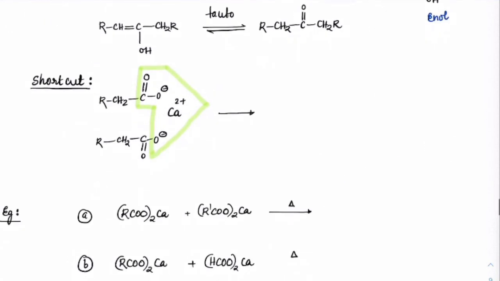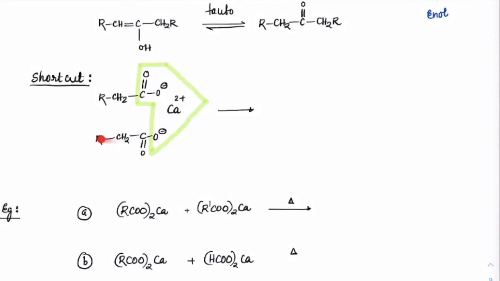The short way of remembering is this: first write the calcium salt, from one end take away carbon dioxide, the other side take away calcium oxide, either up or down, either way it is fine. Okay, so what would be the product we will have here now? The product you can have is RCH2 C double bond O CH2 R. This is the final product, and we will get this as calcium oxide plus carbon dioxide.